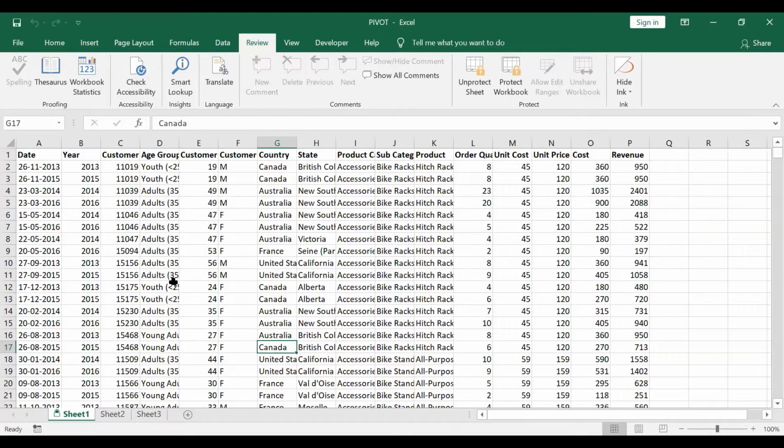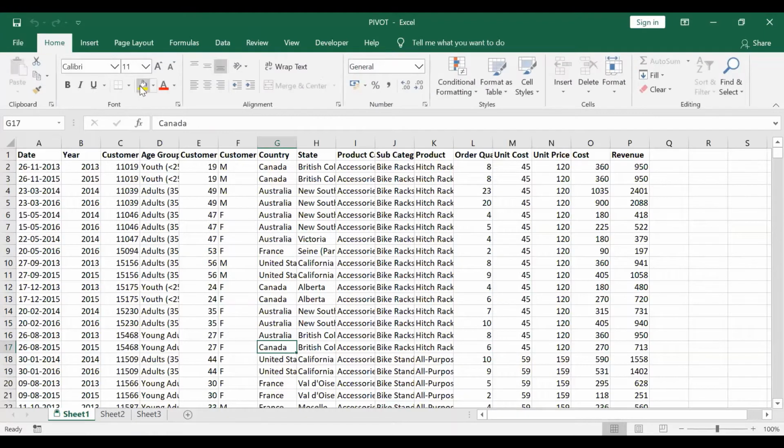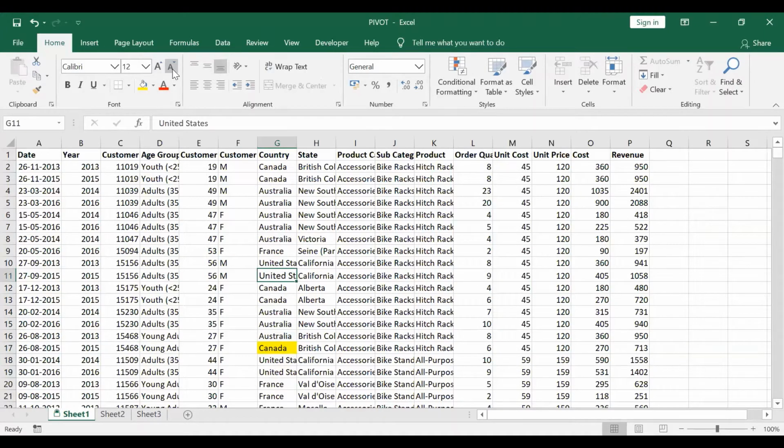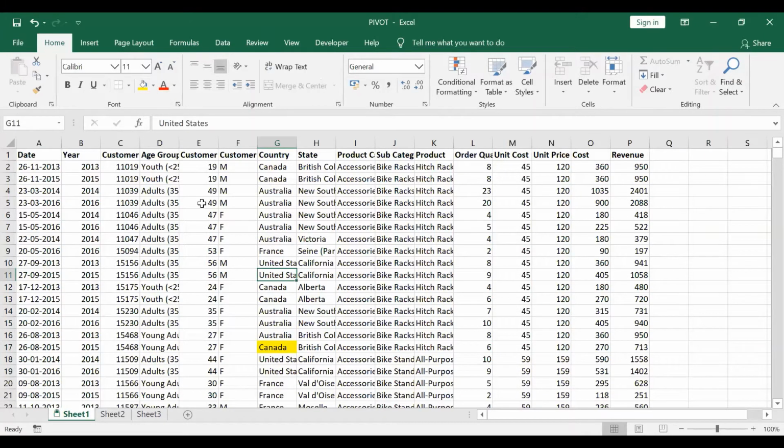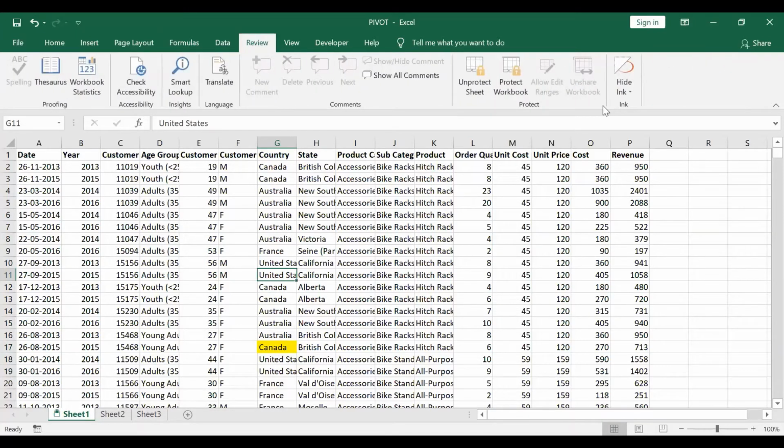As we had seen earlier, I was not able to change any data in this worksheet, but yes, I can go and format these cells. So if I want to highlight the cells, I can do that. If I want to change the font or the size of the font, I can do anything related to formatting of the cells, but I cannot change the value in that cell. Now let's see the other options of protecting our worksheet. So I'm unprotecting my sheet again.